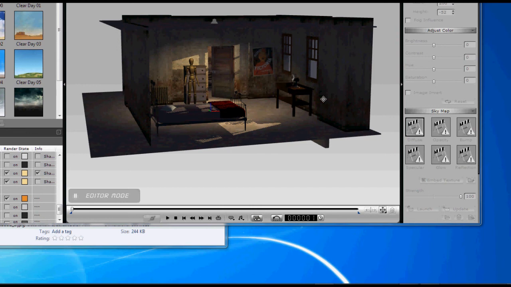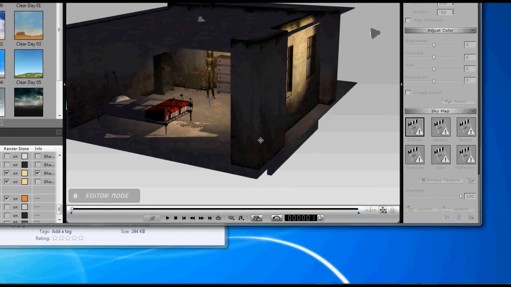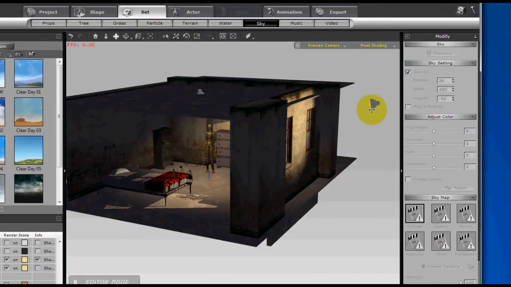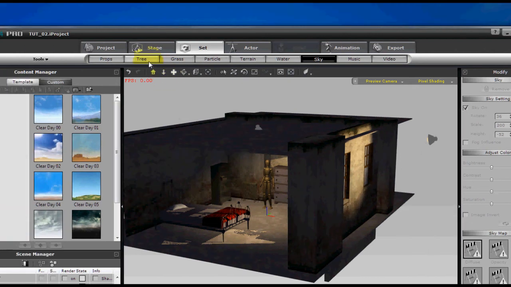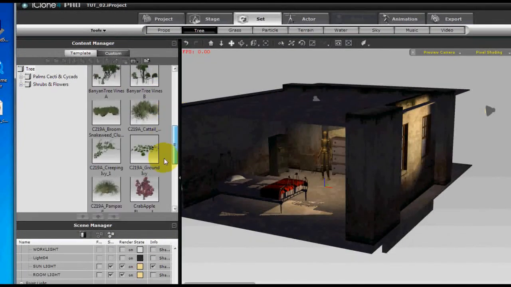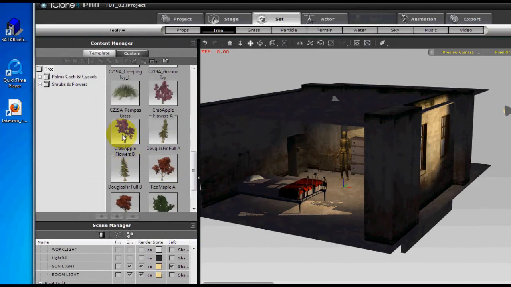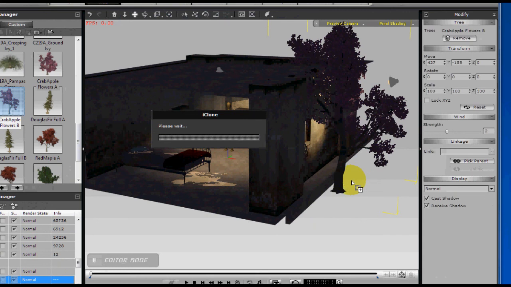Okay, one other little light thing you might want to try is put a gobo between the light and your set and your scene. And that's anything that just goes between the light. And we're going to use a tree as a gobo. And let's just pick a tree with lots of foliage, small foliage. And we will let it